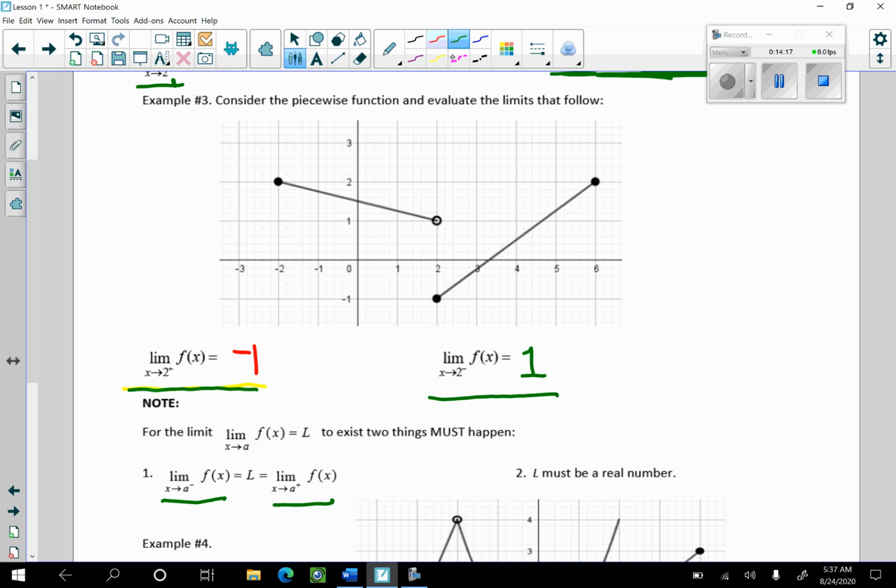This particular limit exists only if the left-hand limit equals the right-hand limit, and L must be a real number. We will see some instances in a day or two where the right-hand limit and the left-hand limit both go to infinity, but limits that go to infinity do not exist. Okay, so let's go to example 4